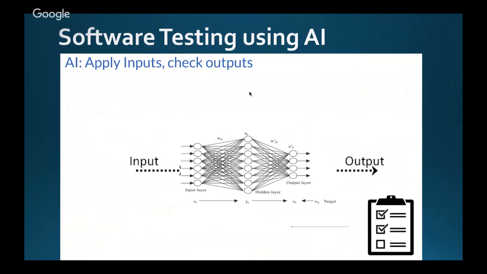And what is software testing using artificial intelligence? We do the same kind of thing wherein we have input, we have an inner layer wherein we provide different kinds of data parameters, and then we have a hidden layer which does different kinds of processing of data. Now, when I say processing of data, for example, in supervised learning, we had information from the past, and then we compare the new data depending upon the past training data and figure out how the test data is processed in terms of